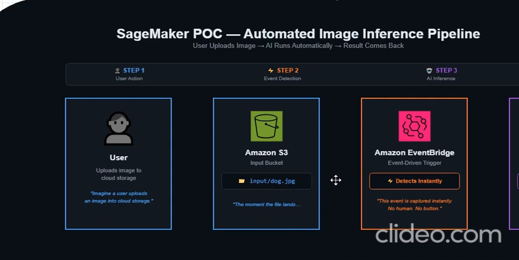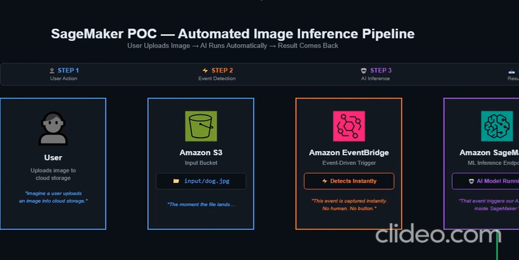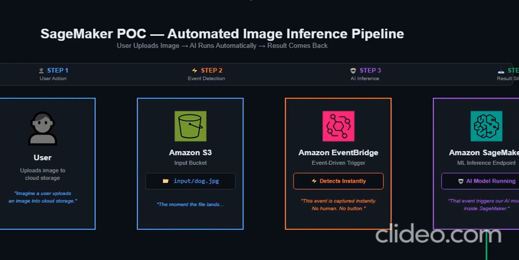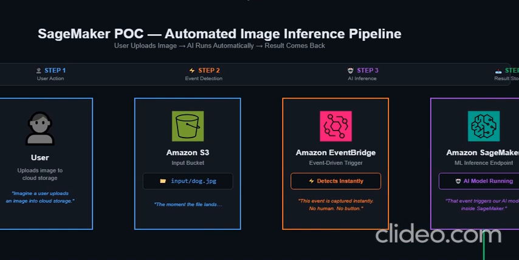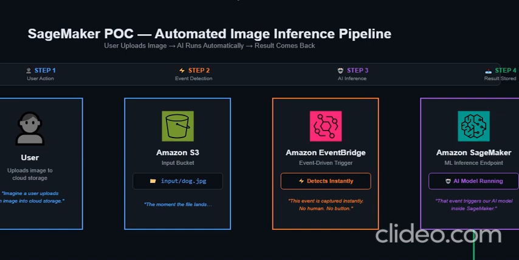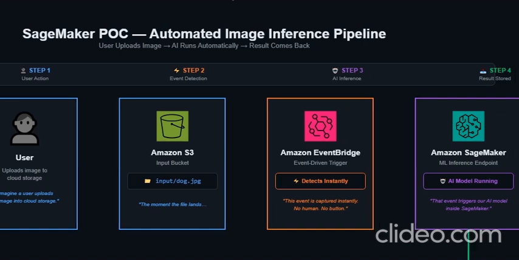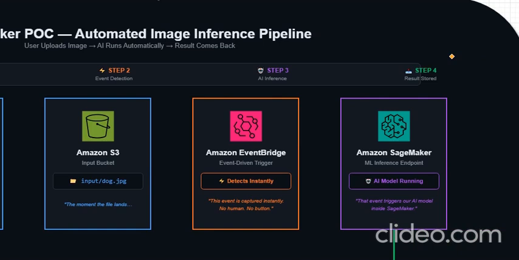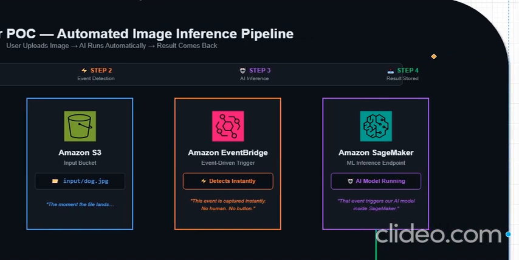That event we are handling in Amazon EventBridge. In Amazon EventBridge, what will it do? It detects the event instantly. The event is captured instantly, with no human and no button. What happens here? The event will be transferred to Amazon SageMaker